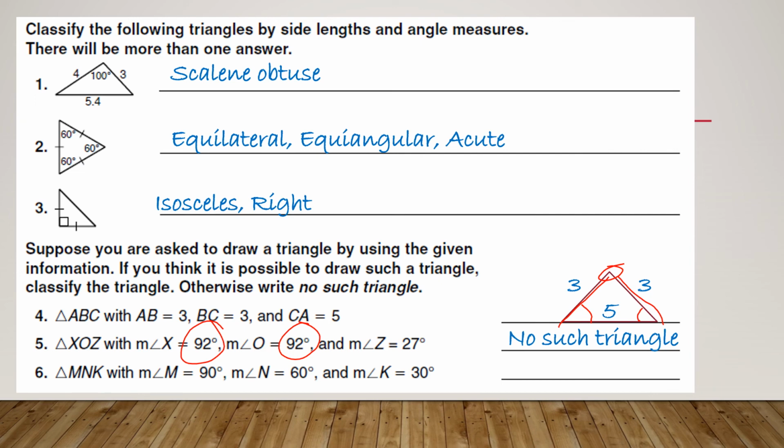And number 6, we have 90, 60, 30. So again, we could just add those up really quick. If they add to 180, we're good to go. So in this case, they do. So a 30, 60, 90 triangle would look like that. This is heavy in